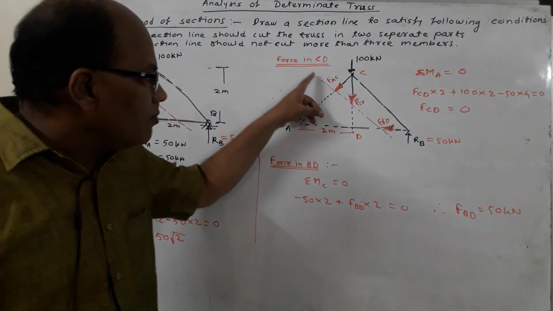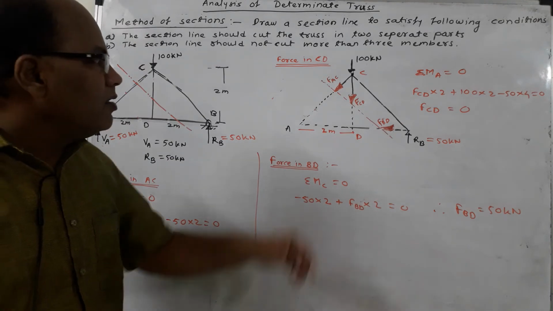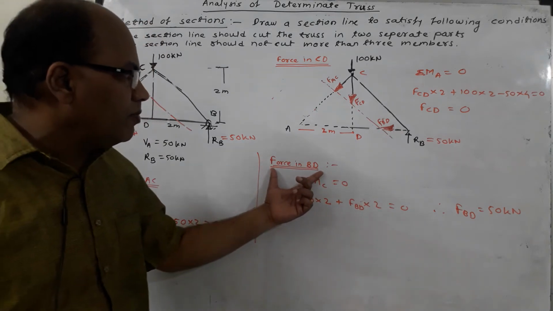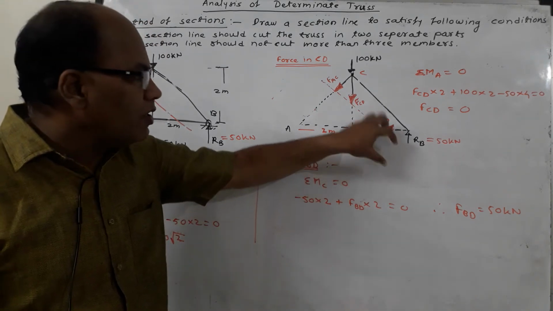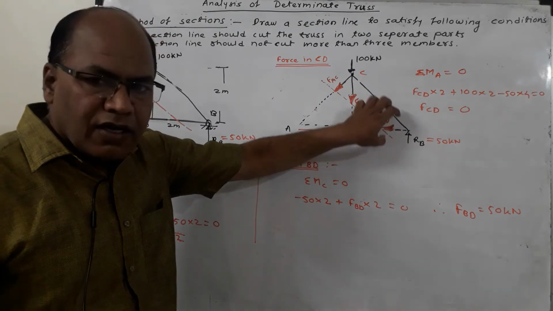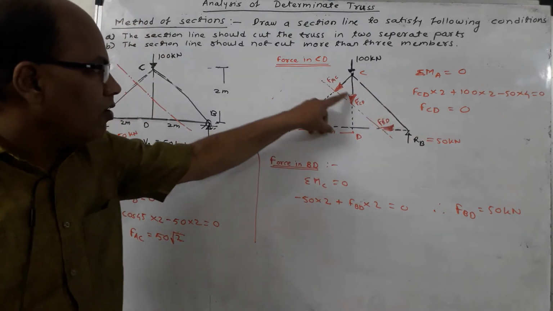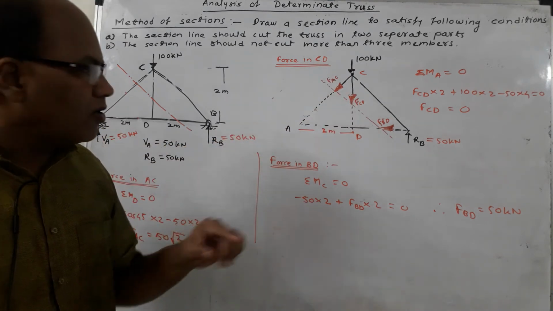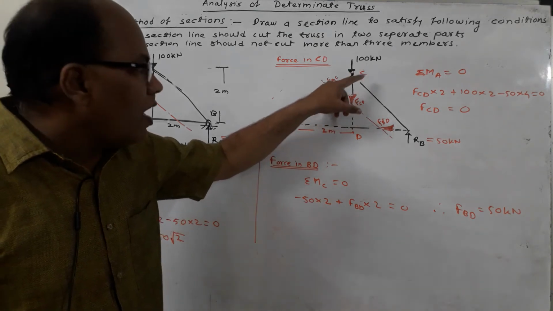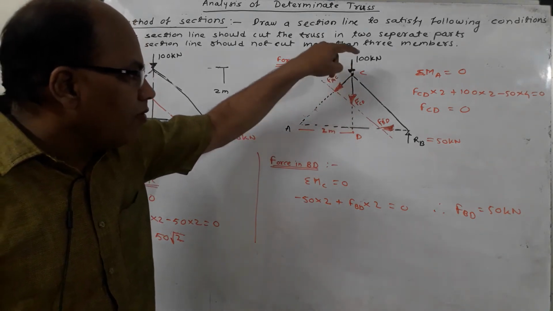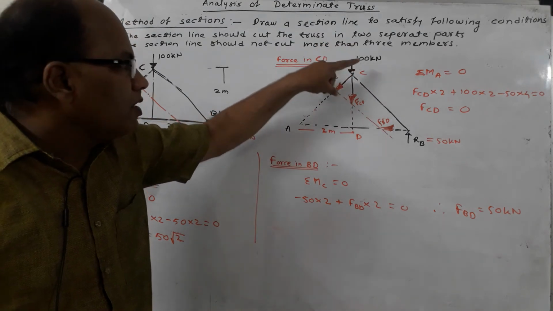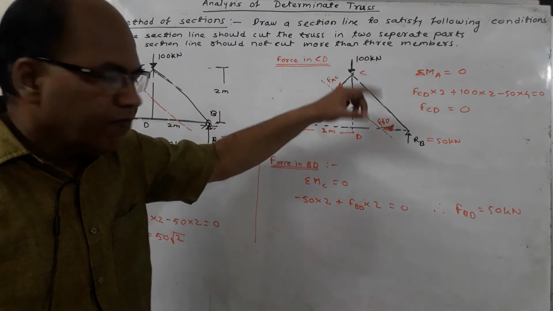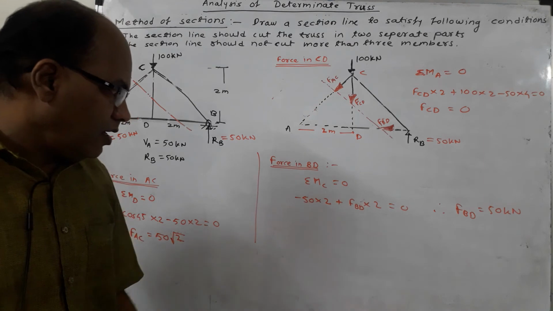Now with the help of the same section line, I can get the forces in AC and BD also. In case I want to get the force in BD, let this force be required. When you want to find FBD, forget about FBD and concentrate on the remaining two forces. Check whether these two forces are meeting at any point or not. Yes, they are meeting at C. Now as the remaining two forces are meeting at C, I will have to take moment about C. The benefit of taking the moment about C is that these two forces which are not required will be eliminated and only FBD will be in the equation.